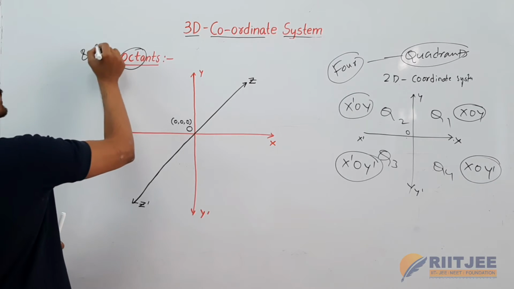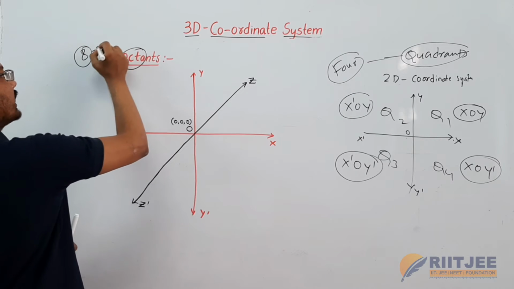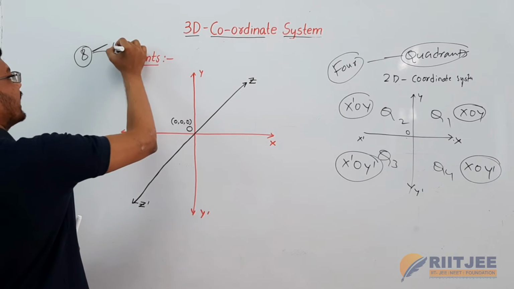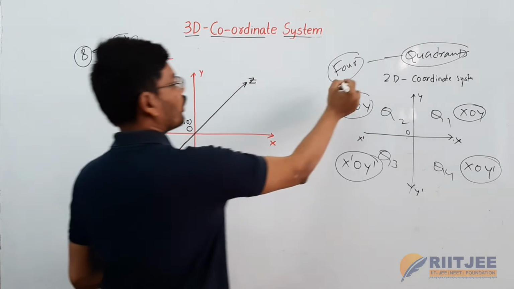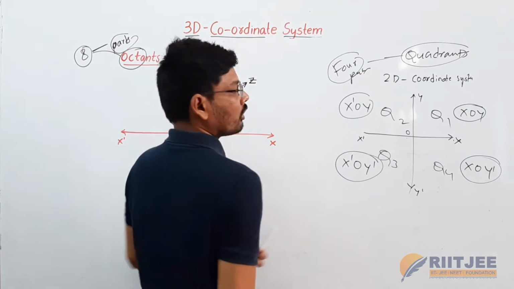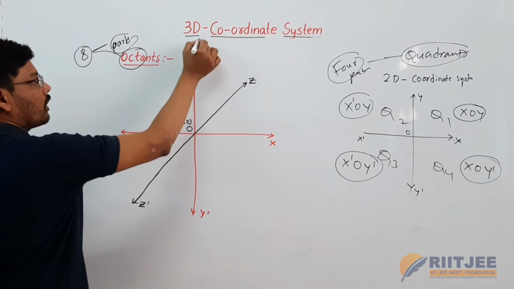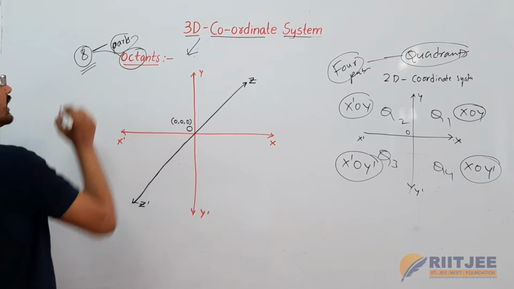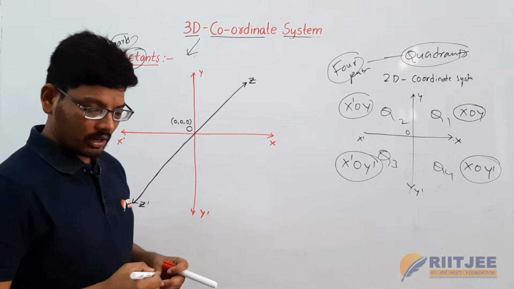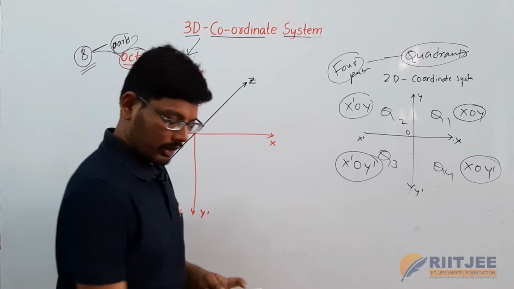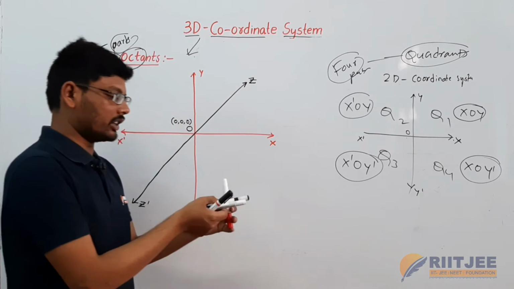Octa is nothing but 8 parts are there. Here 4 parts are there in the 2D coordinate system. For the 3D coordinate system 8 parts are there. So that's why we call it an octant. Now if you see the diagrammatical representation for this one,